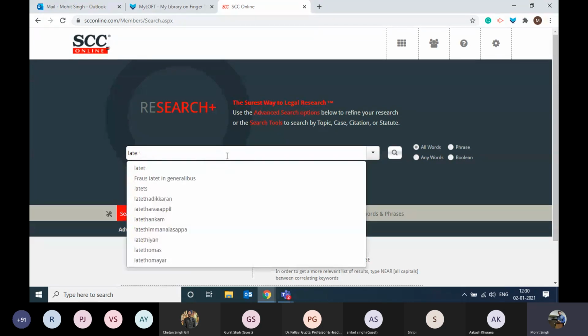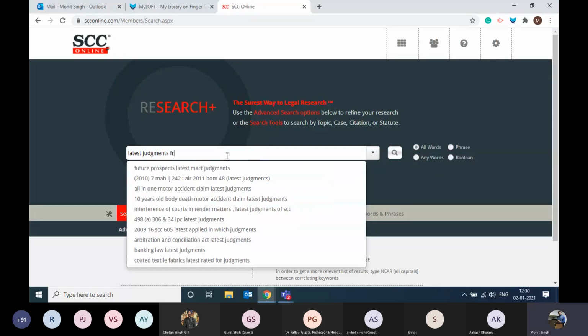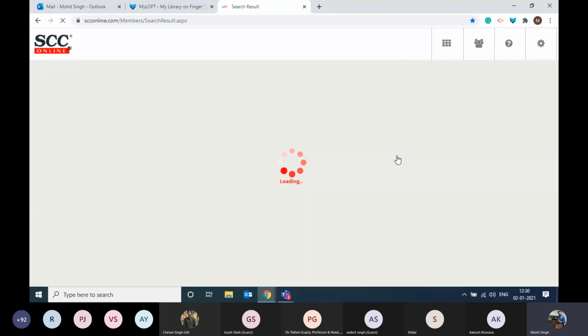So: latest judgments from Supreme Court of India on defamation, right? This is how I usually enter my query on Google. So that is why I've written it like this. And now I will click on the search bar. I hope all the relevant documents will come onto my screen and then I can read about that.